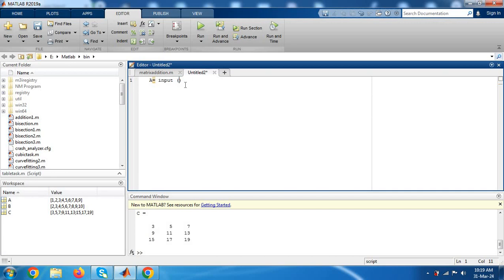So input, then use a single quote, and then display 'enter your first matrix', so that the user will understand whatever he wants to do, addition or subtraction, and he will enter his first matrix. Similarly you have to use B as an input